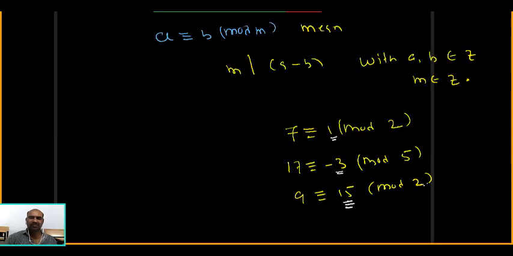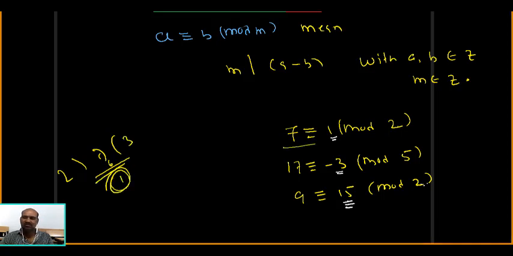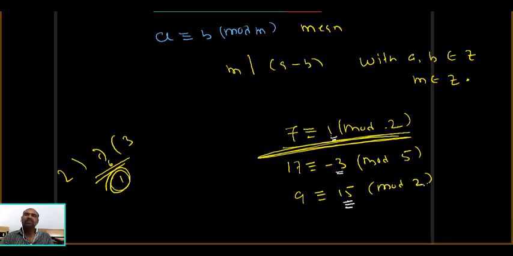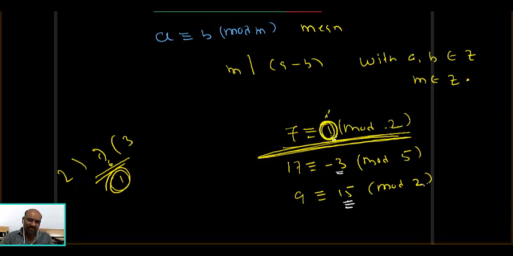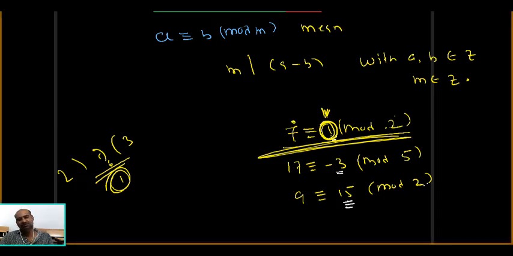So I will show you through this. 7 divided by 2: what is the remainder? 2 threes are 6, 1 remainder. This one, 7 is congruent to 1 modulo 2, means the actual meaning is 2 divides 7 minus 1. If this number is lesser than this, I can say this is the remainder when 7 is divided by 2, a correct statement.